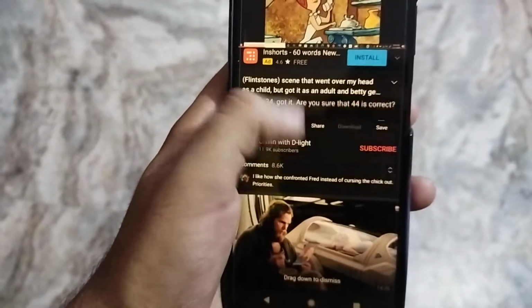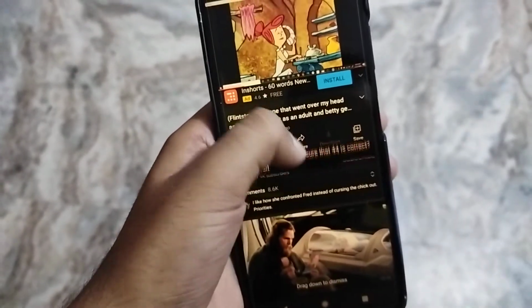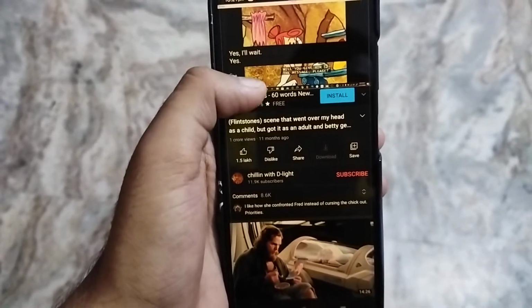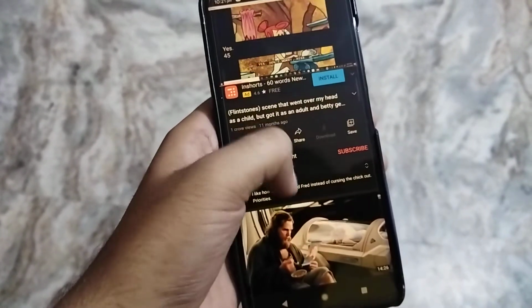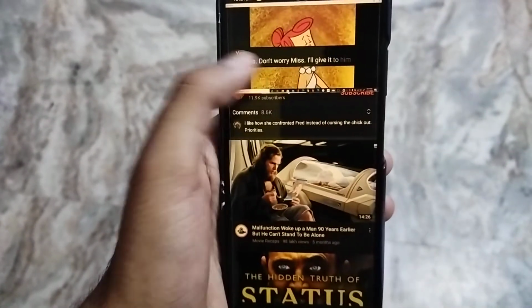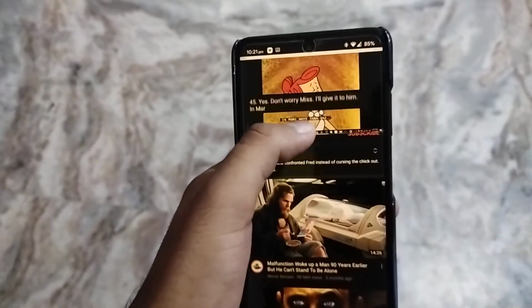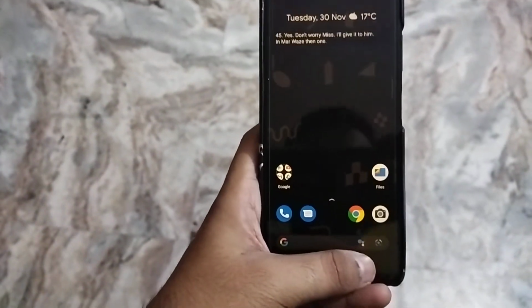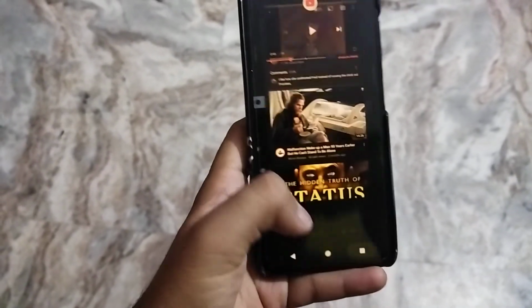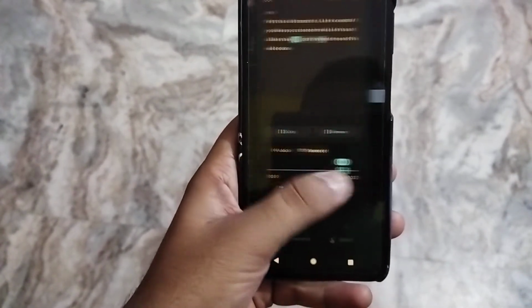You can also move it over here if you want. I think this is a great feature if captions are not there and you want them.